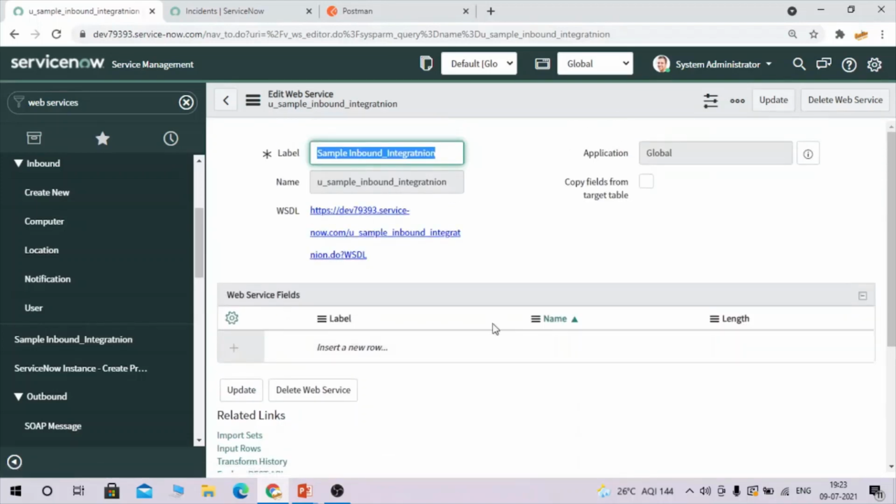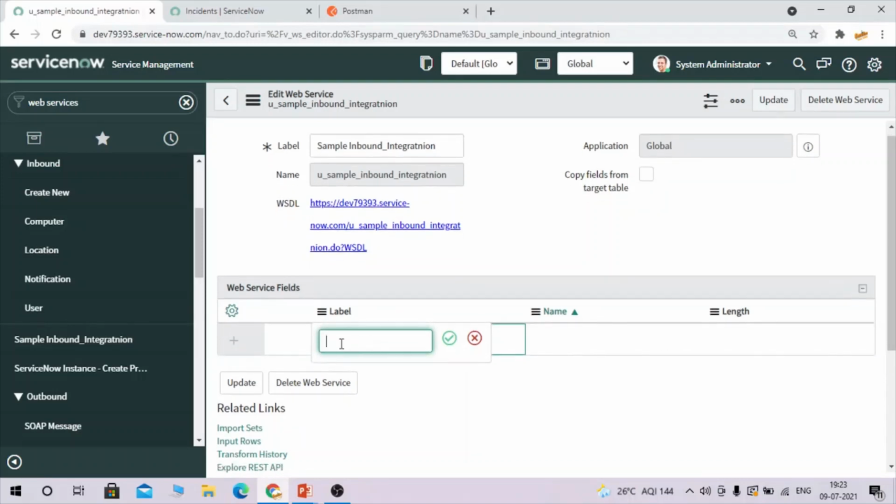It has been updated. Since we have not selected copy fields from target table, you have access to create the fields for yourself here. So let's create it.